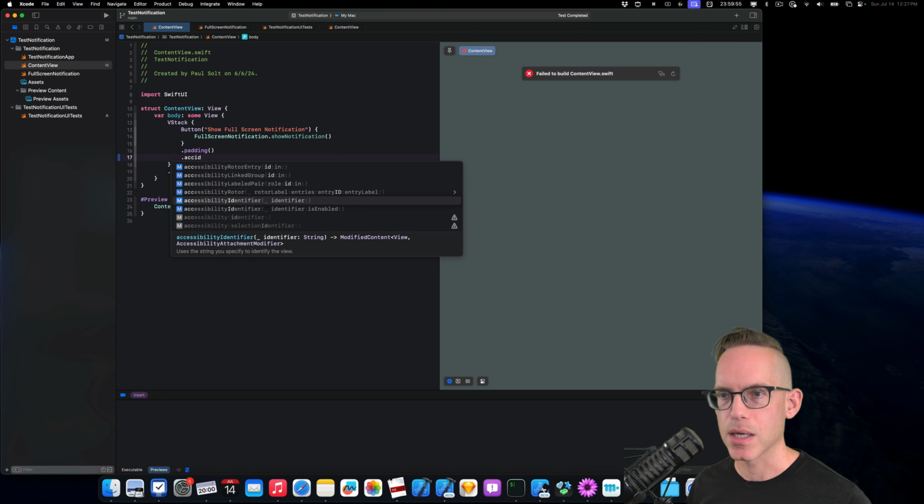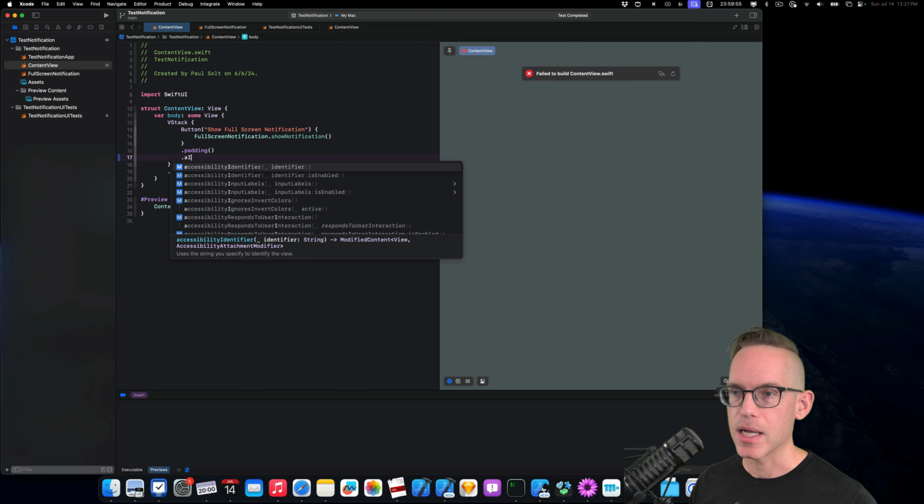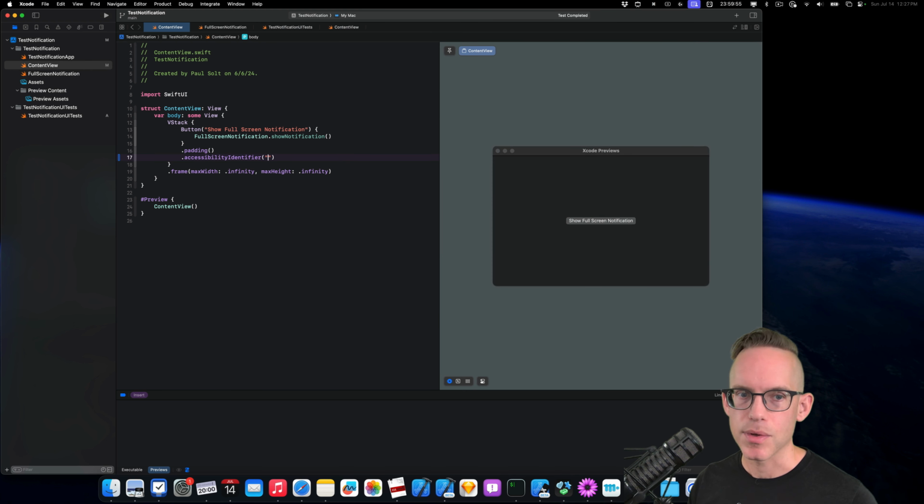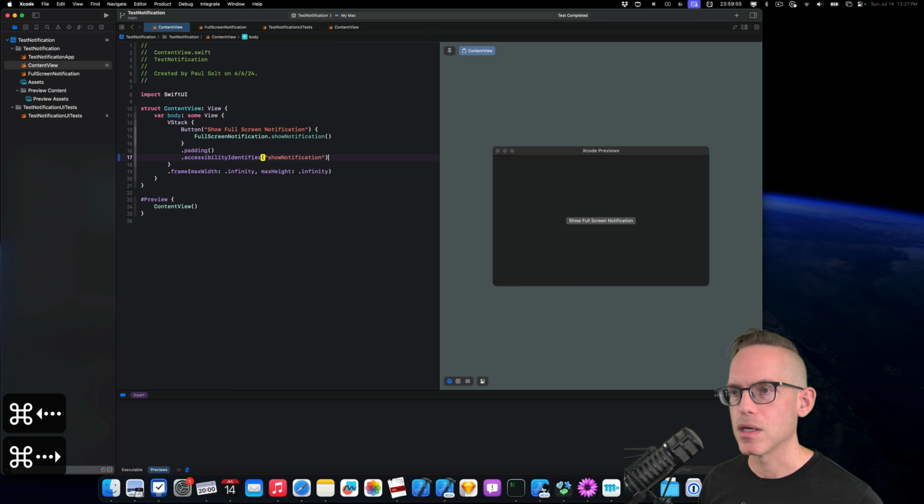If we start typing out accessibility identifier, you don't have to type the whole thing. You can do like AI, and that should start to match to this. So if we do that, we can go ahead and give this an easy to remember thing such as show notification, and that will give us a nice way to refer to this, and we can copy that string